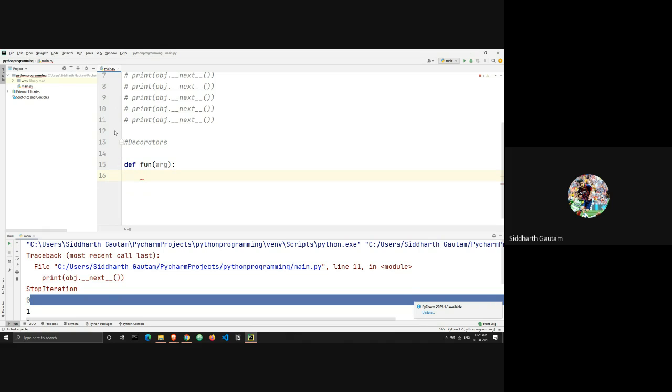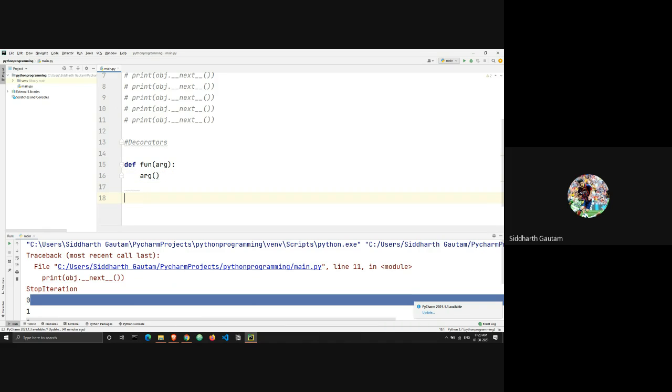I'm not going to print the argument, and I'm not going to operate on the argument. I'm going to do something with the argument: I'm going to call the argument as a function.